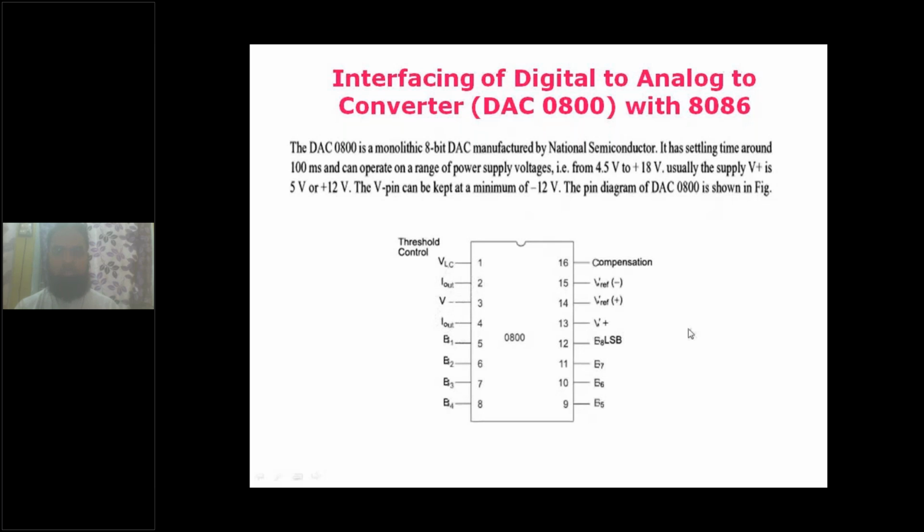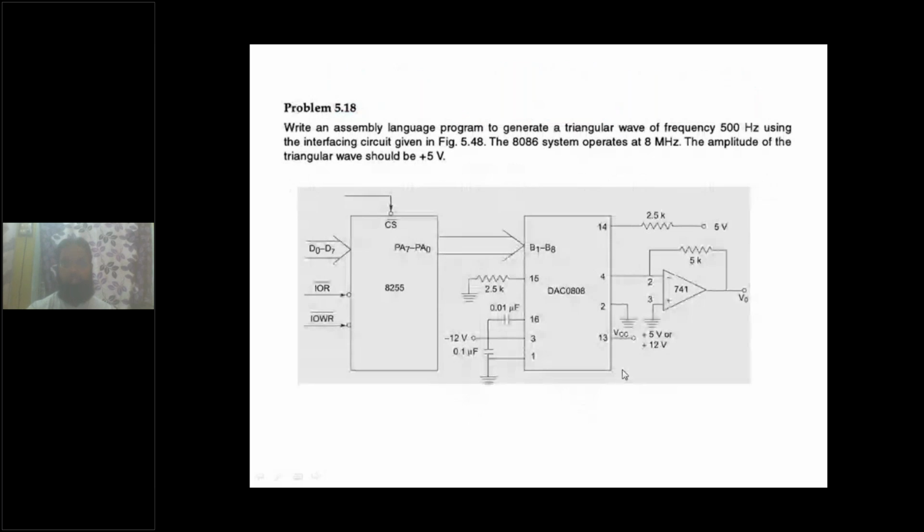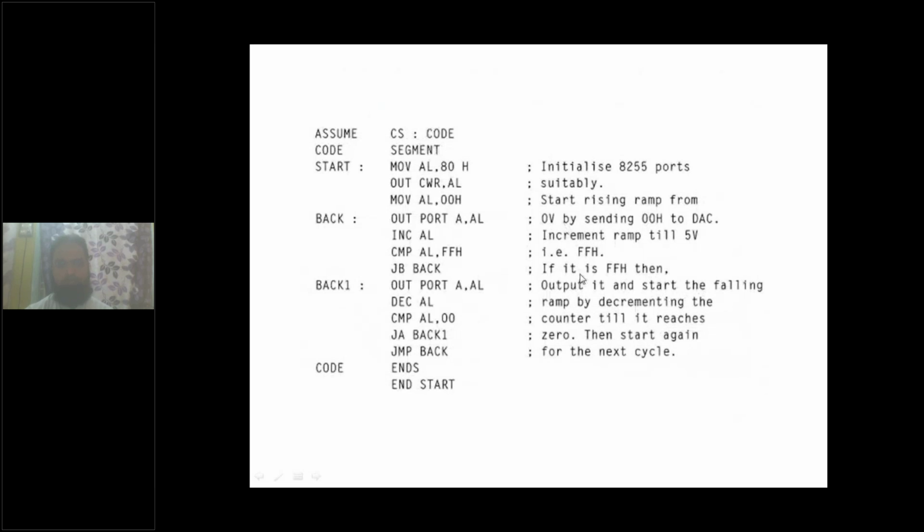So this is the circuit diagram, and we have done one laboratory experiment also, wherein we have generated a triangular waveform as well as a square waveform. So the same circuit we can observe over here, and this is the converter which converts the I out into V out. This is the program, and you know very well about this program.